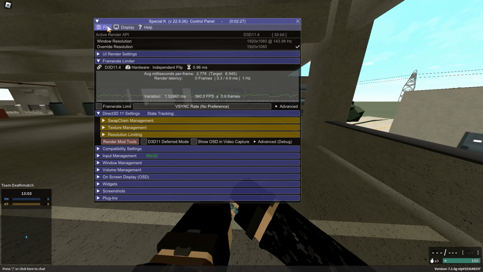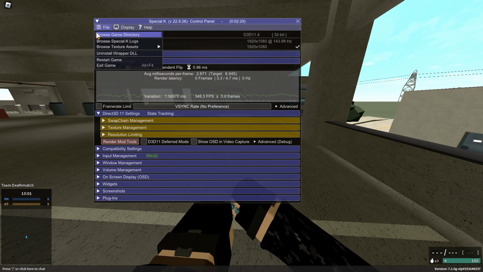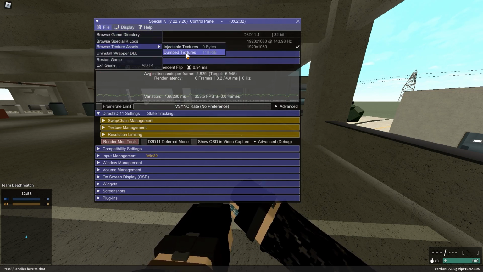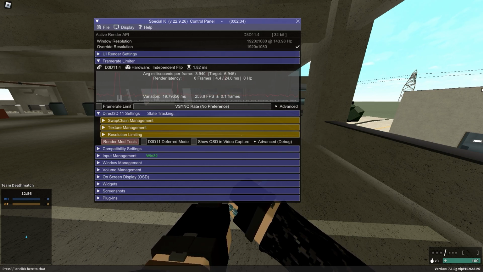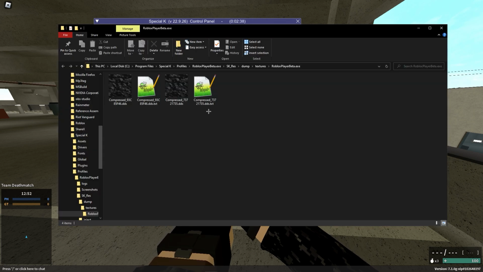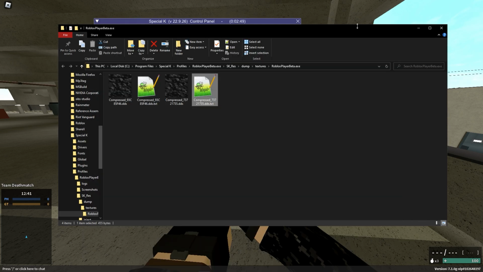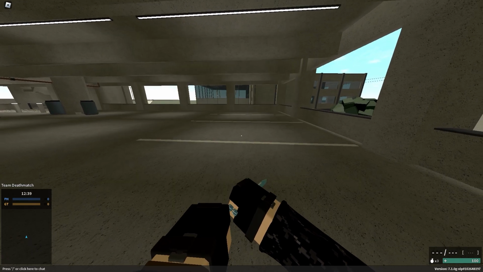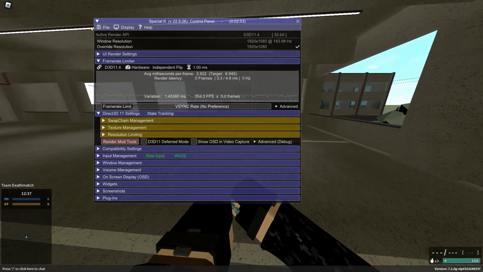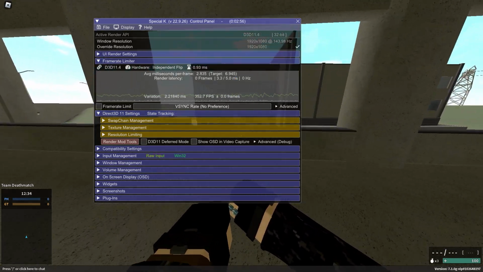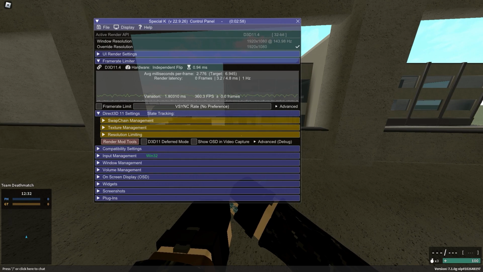Then you can click on File in your control panel, Browse Texture Assets, and then go to Dump Textures. This will open a folder on your screen. Here you can see these are the textures, and if you haven't checked the file format yet, you can open this text file and check the format. You can see it says BC1, so this is what we're gonna remember, that it's a BC1. Now that you've done that, you're just gonna exit out of your Roblox